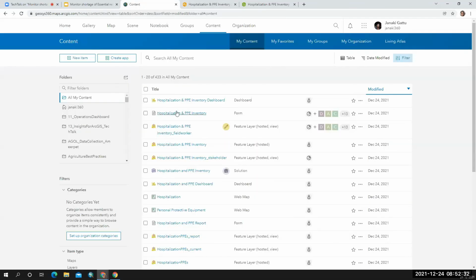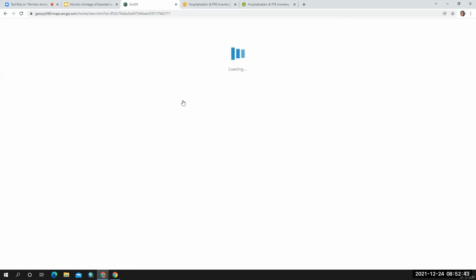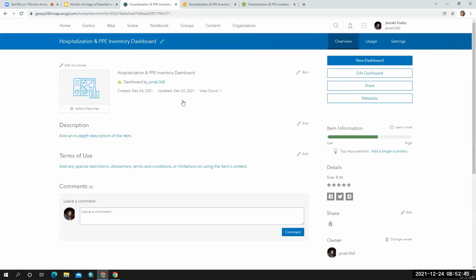So go back to your content and you'll be able to see your hospitalization inventory dashboard, which we have just created. So when you click here, it will open that particular dashboard, which we have created.